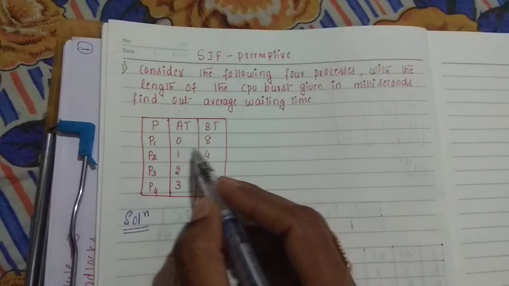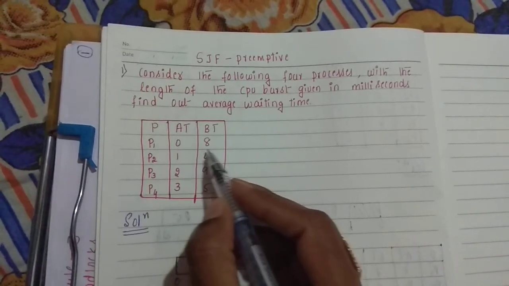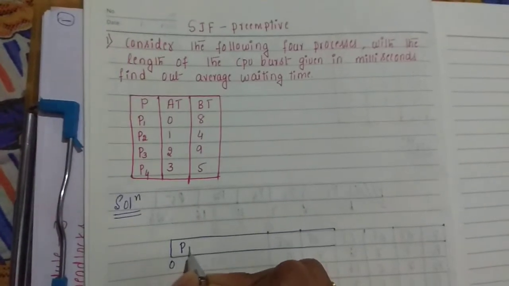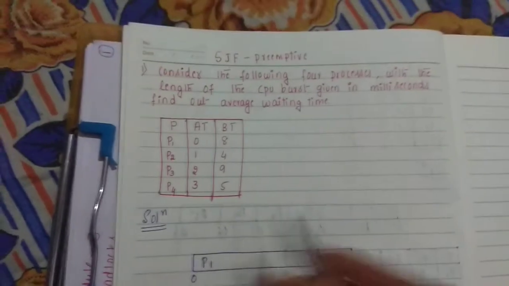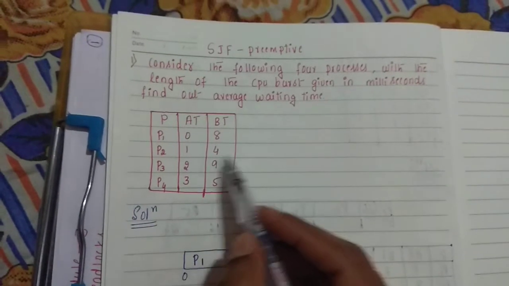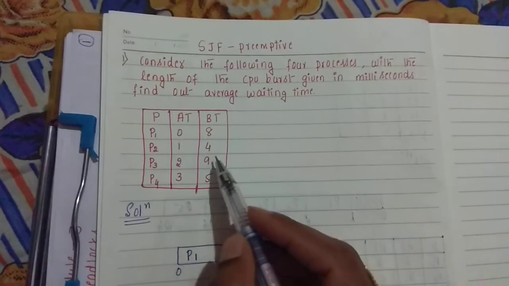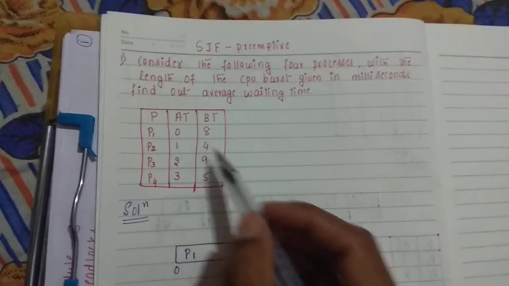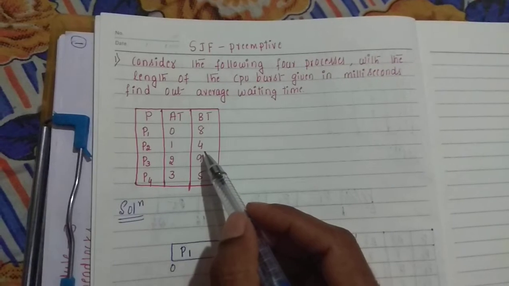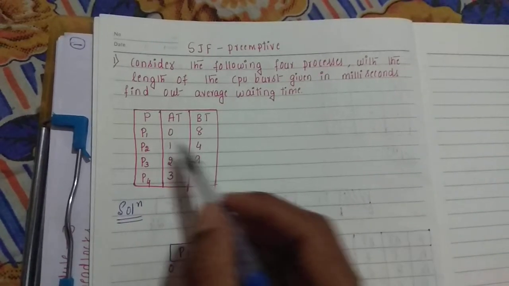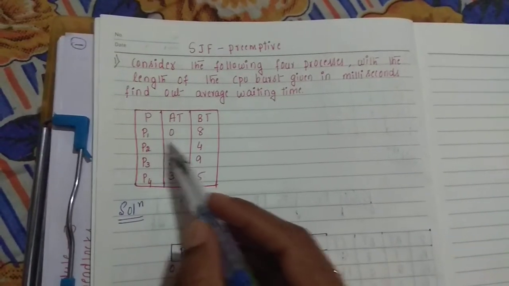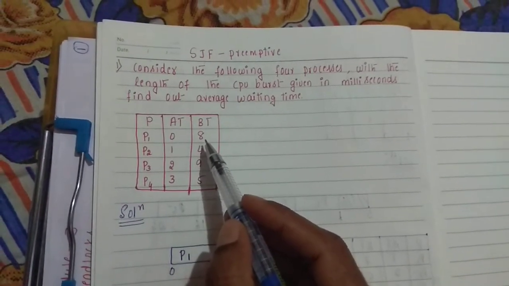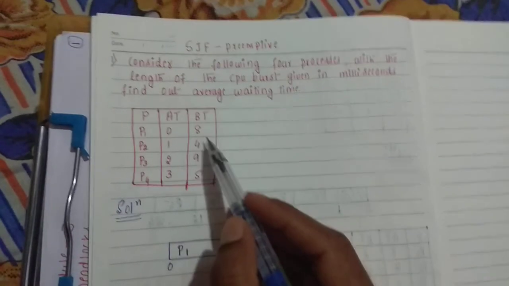At 0 milliseconds we have only one process, that is process P1. I am going to schedule that process as the least burst time process, because the CPU does not know that P2 is coming next, which has a very small burst time. CPU will not be knowing about this one. We are looking at the table form, that's why we know that this 4 is the least burst time, but the CPU will not know this. So at 0 milliseconds, the CPU is going to assume that process P1, which is arriving at 0 milliseconds, has the least burst time.